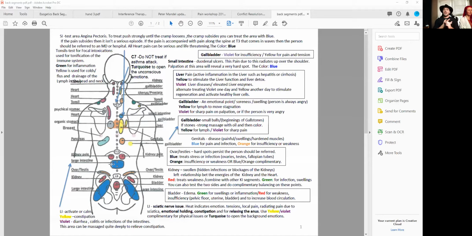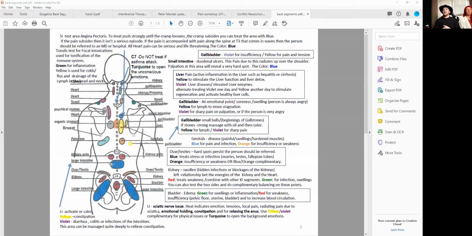So focal intoxication is a lack of flow of energy, trouble letting go, emotional holding. Meaning, let's say that you are being confronted by your partner and they're yelling at you and you kind of just guard yourself up and your throat gets constricted. All that kind of stuff is emotional holding. And so you can also see when I'm holding that in my gut, it's also going to influence my energetic output in the other center, specifically the fifth center. And it starts to throw a lot of those things off balance